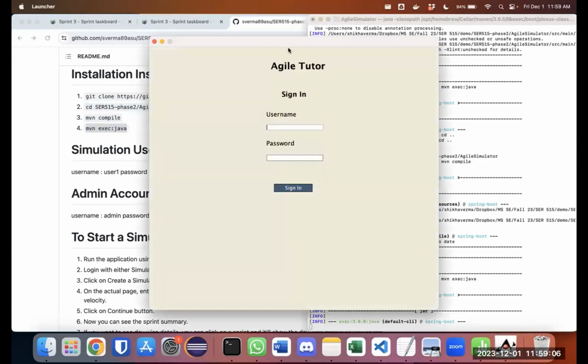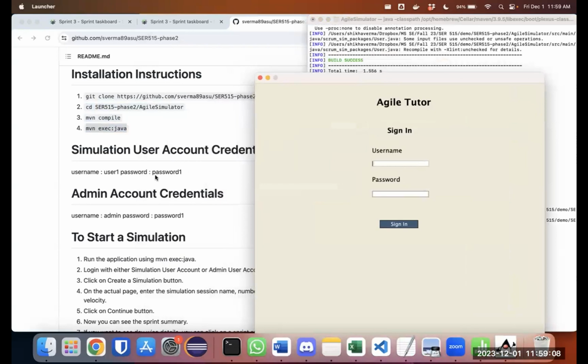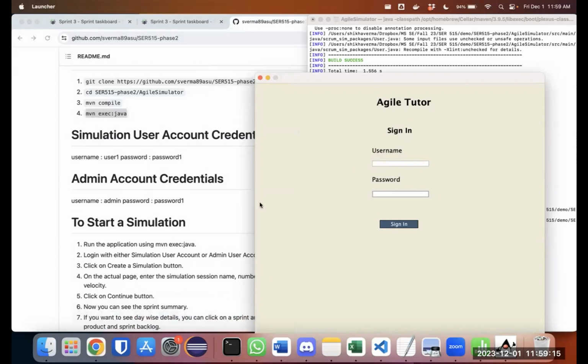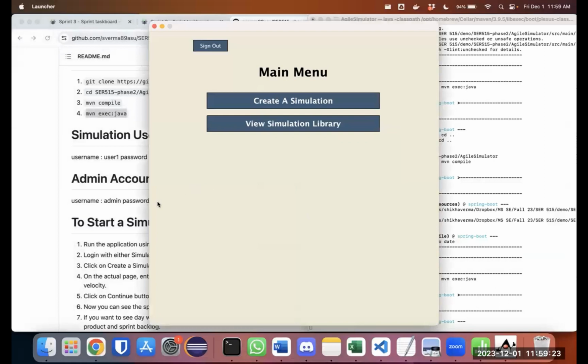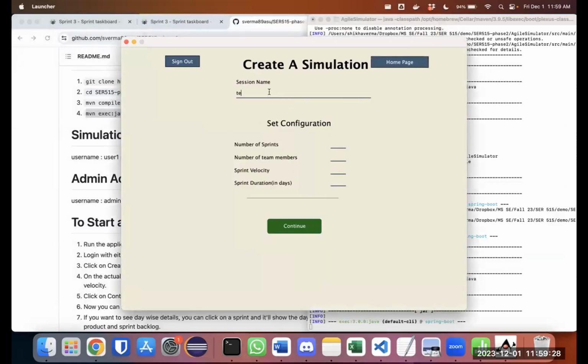We have provided login credentials for two types of users, namely simulation user and then admin. So let's log in with the simulation user credentials. As you can see, this is the main menu page. And if you click on create a simulation,